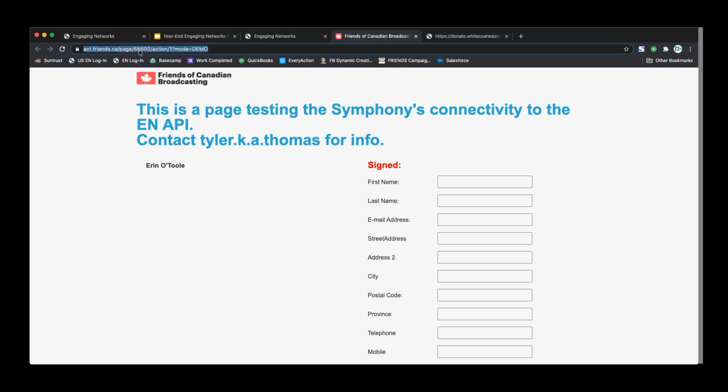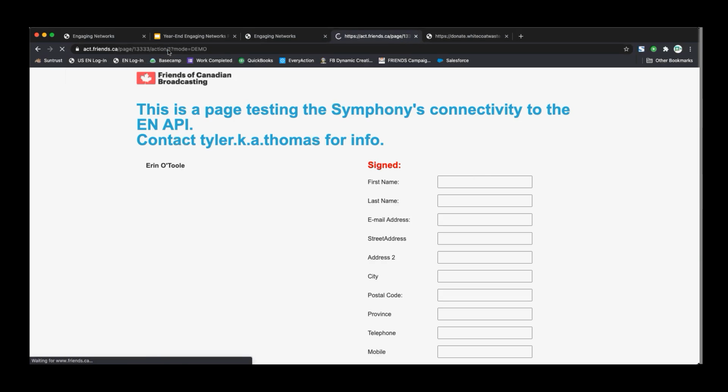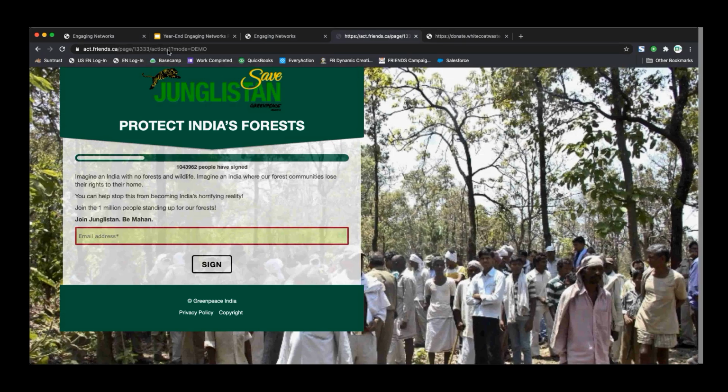So I can put any number in here that I want, and it will take me to an Engaging Networks page. This is a Greenpeace page, but it looks like it's for Friends of Canadian Broadcasting because it's using their subdomain. The subdomain is just masking the EN URL, and the only thing separating these pages is this 5-digit page ID. So that can happen to every Engaging Networks client, and unfortunately what is a common attack scheme is fraudsters